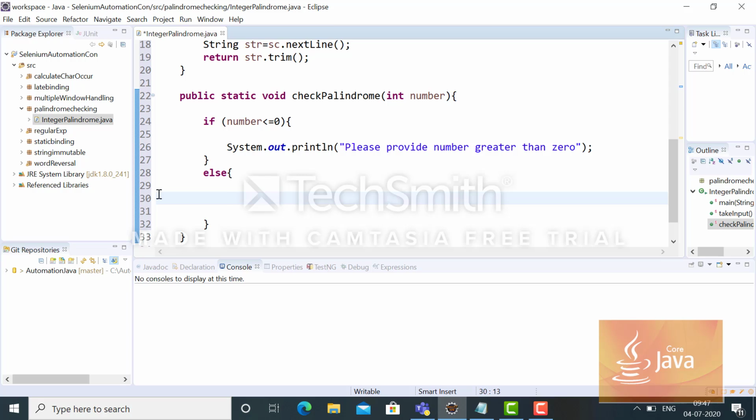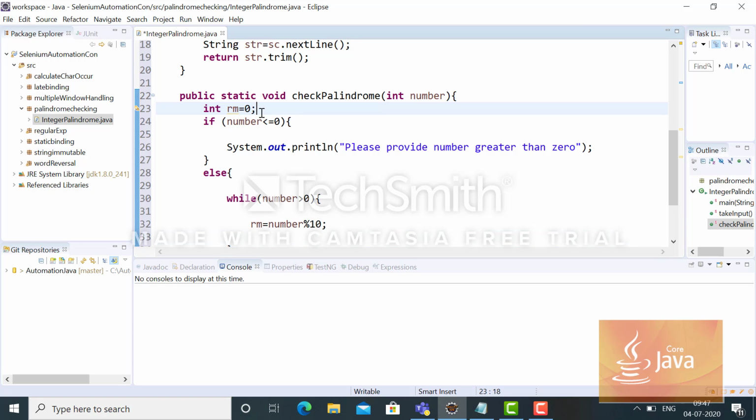what will be our logic? We will put the logic as while number greater than 0, right? What do we have to do? First we have to find out the remainder. So let's say rm. Here I have to declare int rm equals 0, we can initialize that initially, that's fine. rm equals number percentage 10,